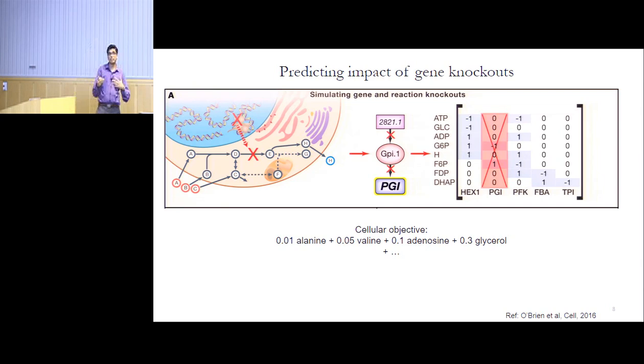Or there's a third possibility, which is that when you knock out this gene, it uses a different reaction, but that reaction consumes more energy, and so it's a less efficient route for the model. So the algorithm might say the cell is viable but grows suboptimally. It can also output, for example, that this gene knockout will result in consumption of a different metabolite and secretion of a new metabolite, which you can experimentally verify.